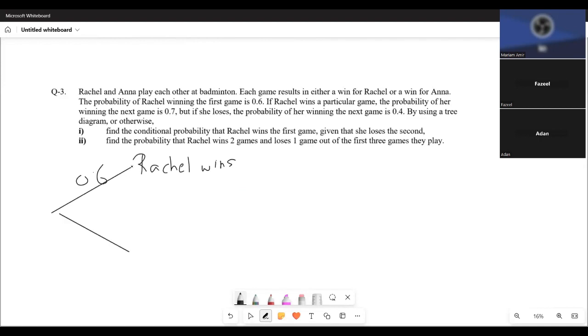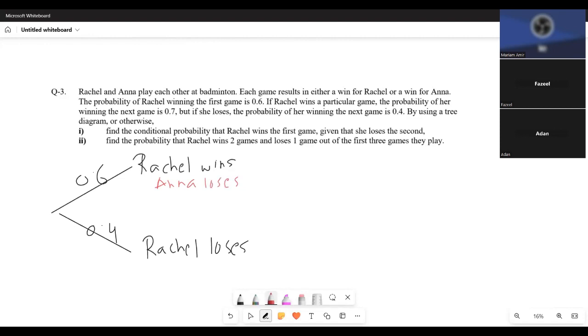So that means Rachel loses is this. रेचल के लूज करने की प्रोबेबिलिटी है 0.4 और एना की बात हो रही है तो रेचल विंस का मतलब है इधर एना लूजेस और यहाँ पे रेचल लूजेस का मतलब है एना विंस ओके।